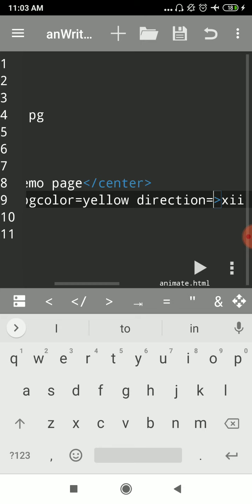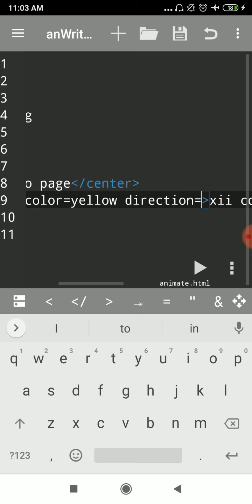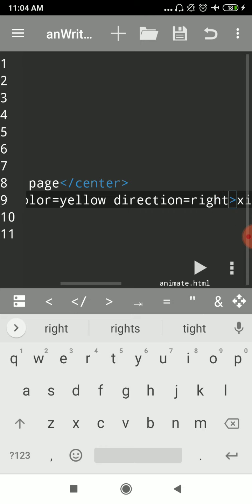Since I said the default one is the left one, I will quickly change it to the right side. To change the direction, you can see here the animation has already started from the right side of the screen and it is exiting on the left side of the screen.